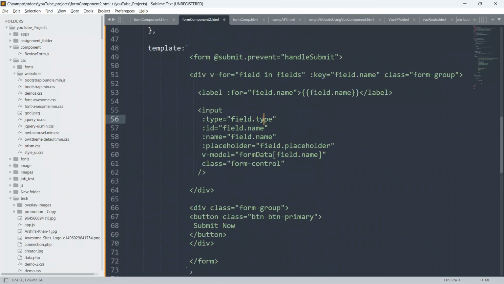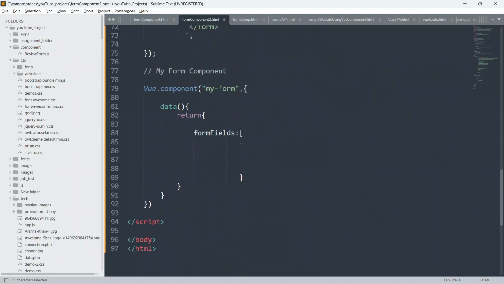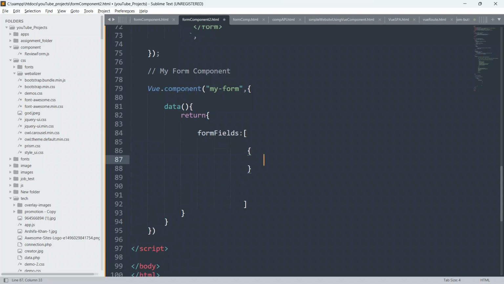Okay, like type, name, and placeholder. As I already told you, this form fields is an array of objects, so we have to create objects also.